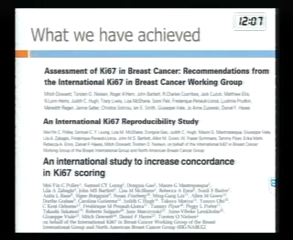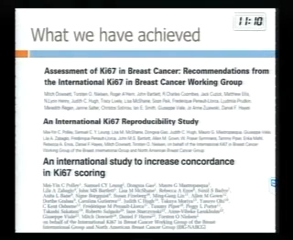Starting from the definition of recommendations in order to have harmonization in the technical aspects of Ki67 immunostaining, in the interpretation issues, in the decision of what to count and where to count Ki67. So we set a number of recommendations, and then we started